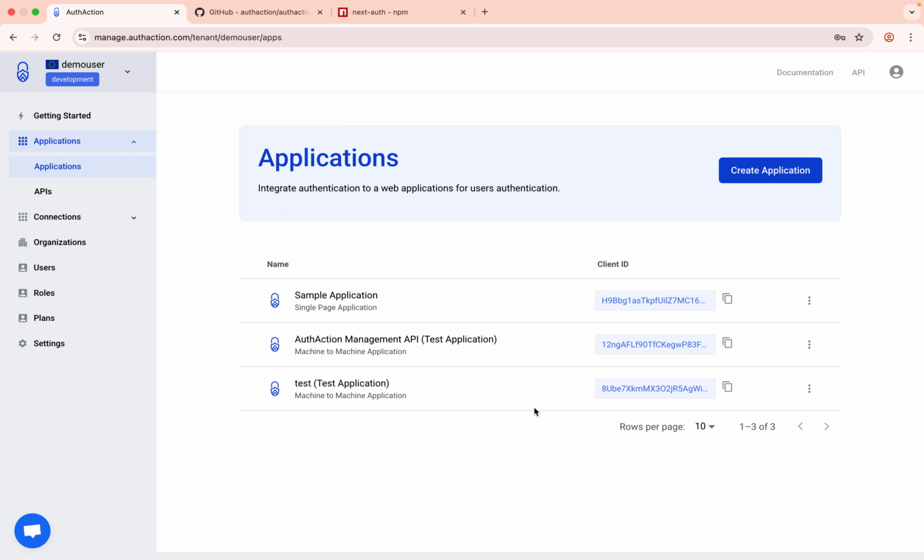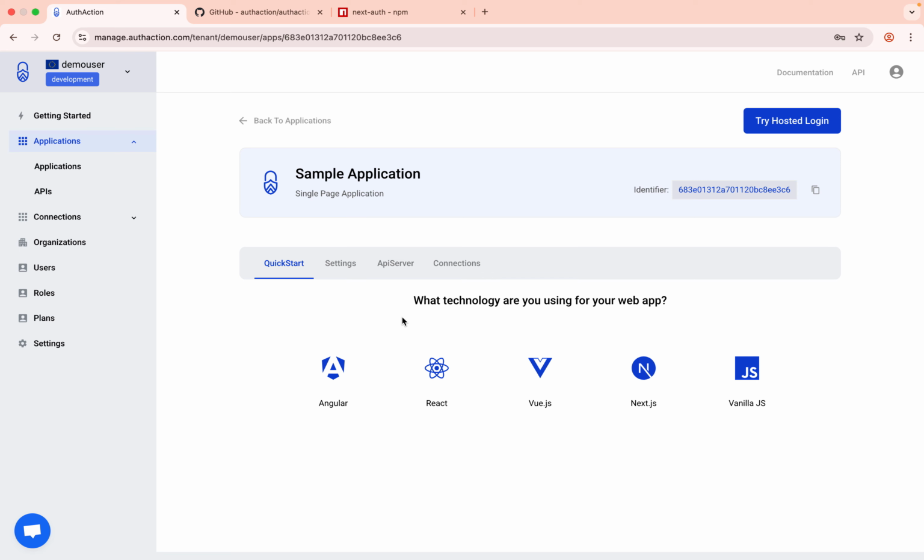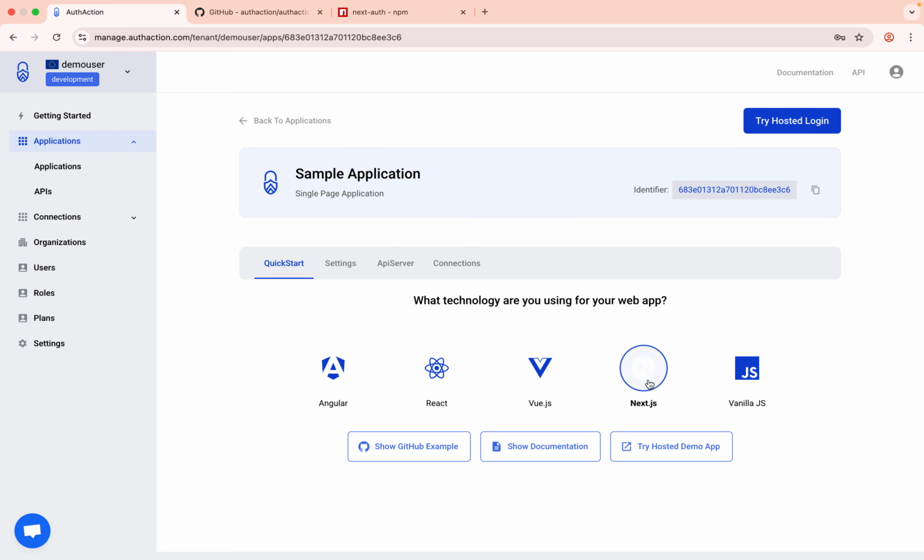In this video I'm going to show how to integrate authentication in a Nextjs application using the AuthAction product. I already created a sample application, so I open that application. In the quick start I see the Nextjs technology, and then I see there is a GitHub example and also documentation, and then there is already a hosted demo